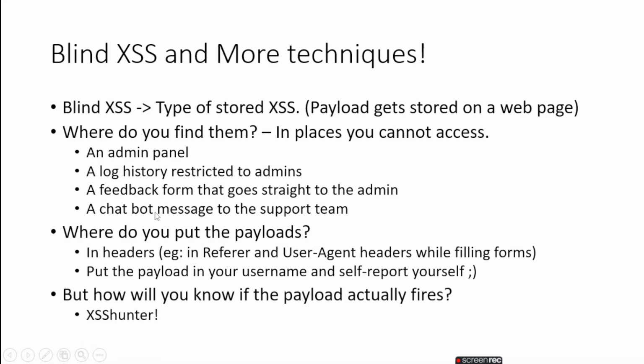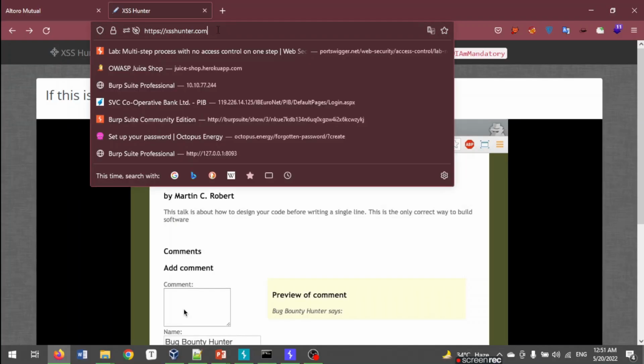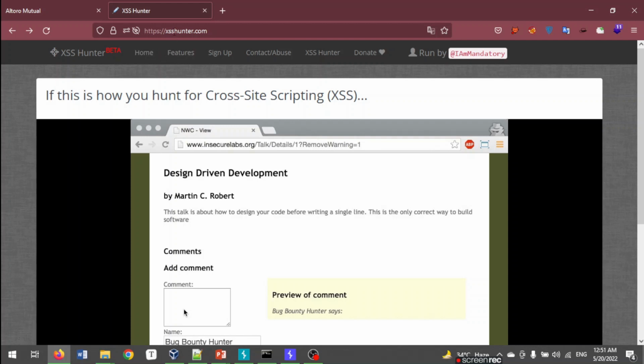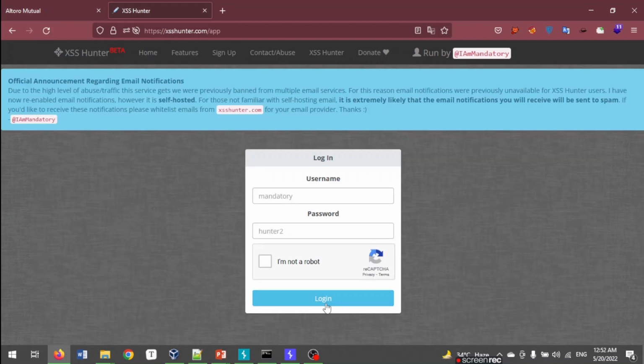So the answer to that is XSS Hunter. So without any further ado, let's look at what is so special about XSS Hunter. For XSS Hunter, you need to visit this URL, xsshunter.com, and you need to create a new account. So for that, you need to go to sign up,